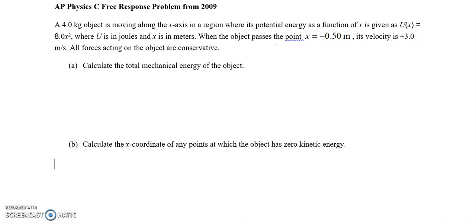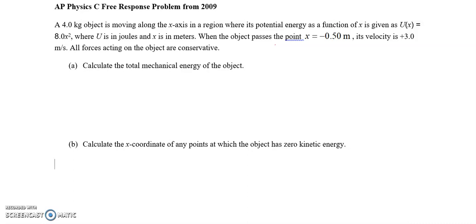So today we are going to solve the first part of an AP Physics C free response problem from 2009. Cool. So let's go ahead and read the problem and then let's see what to do. So we have a 4 kilogram object is moving along the x-axis in a region where its potential energy as